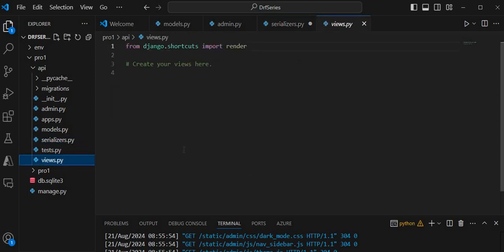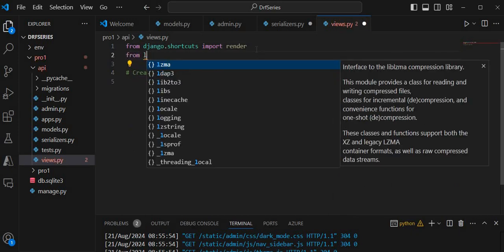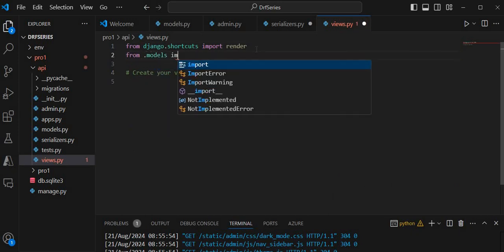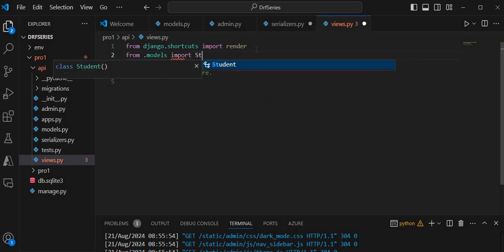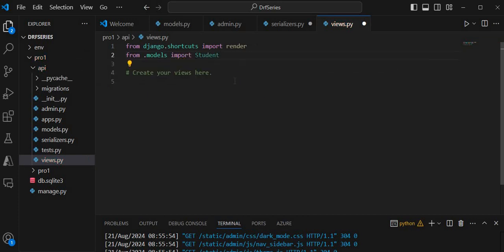As you know, we use views.py for creating a view. So first of all, I am going to import my model from .models import Student model class, and after that I am going to create one view with name student_detail